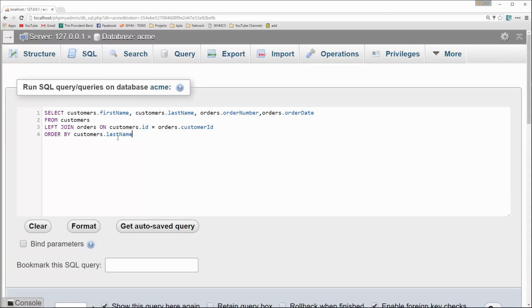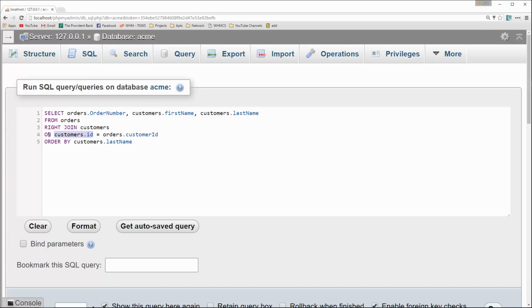So now let's do a right join. All right, so actually what we'll do is let's specify orders dot order number. We want customers, and let's see, this time we're going to say from orders. Okay, and then this will be a right join. We'll say right join customers on,